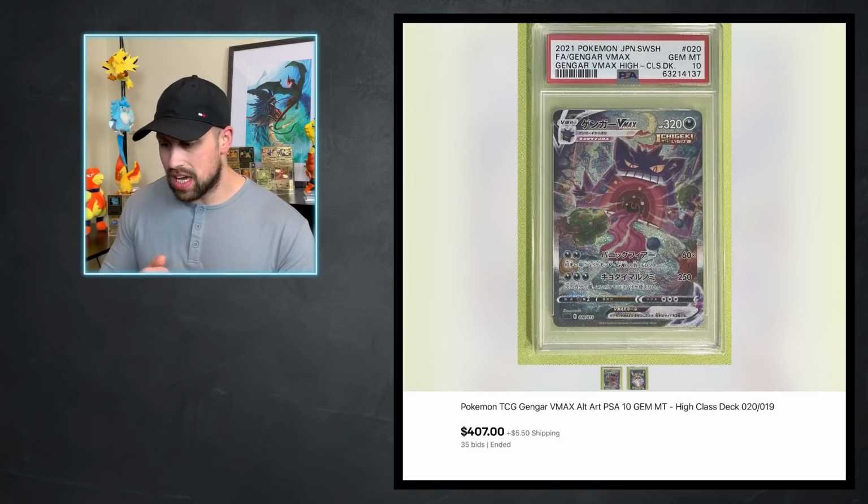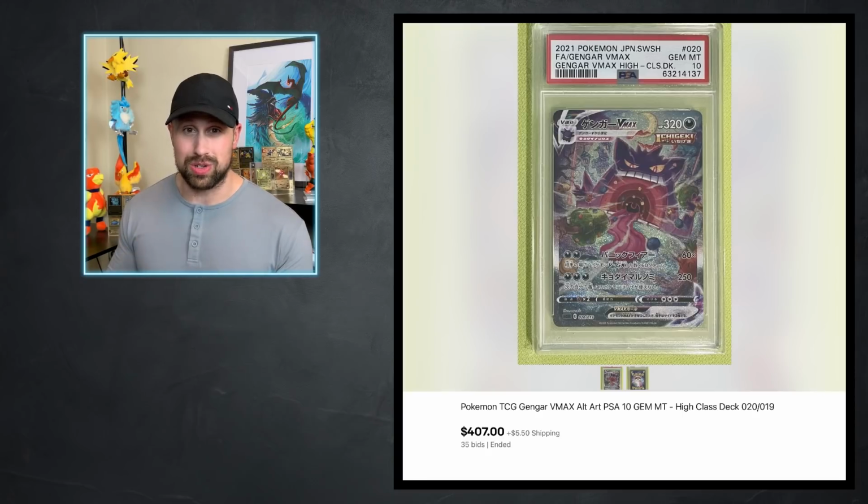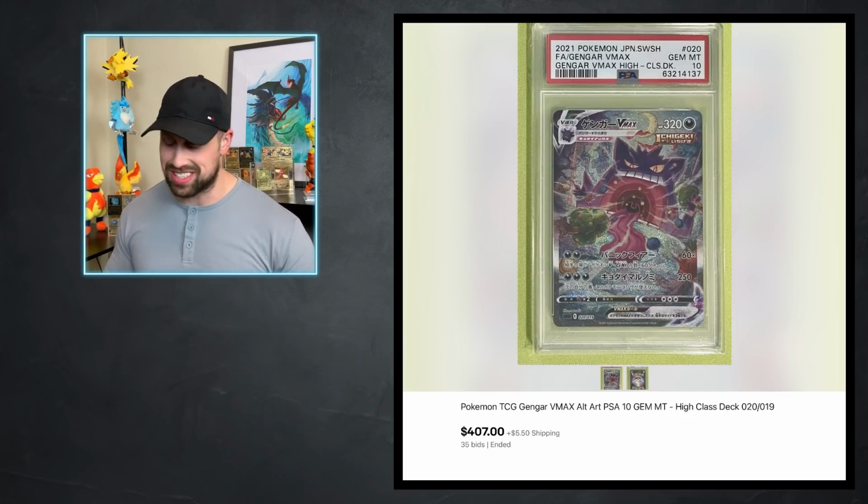So, folks, let's get started here with some modern product in this Gengar VMAX. This is a Japanese version of the newest set coming out. They got the PSA 10 and sold for $407. That is some pretty awesome art right there. Gengar so massive, just kind of inhaling everything. I love it. I'm really looking forward to all the Gengar V and VMAXs that come out because Gengar is